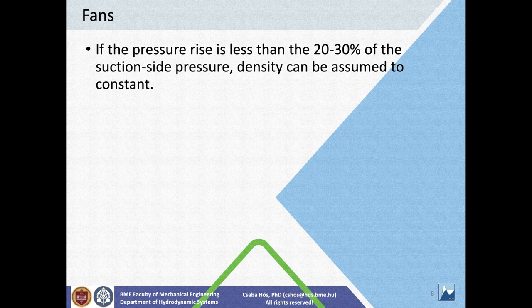By definition we call a machine a fan or a ventilator if the pressure ratio is less than approximately 1.3, and that means that the density of air that the fan conveys can be assumed to be constant, so essentially it behaves the same as a pump in terms of velocity triangles and